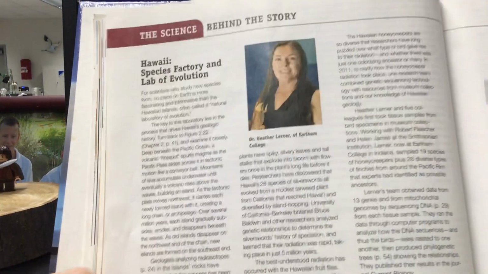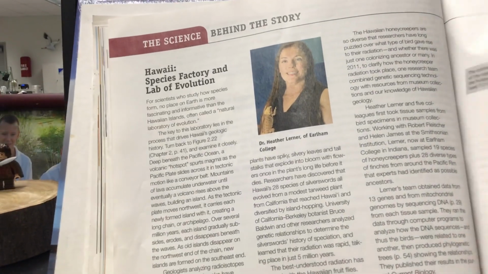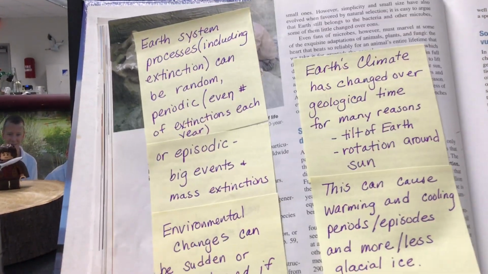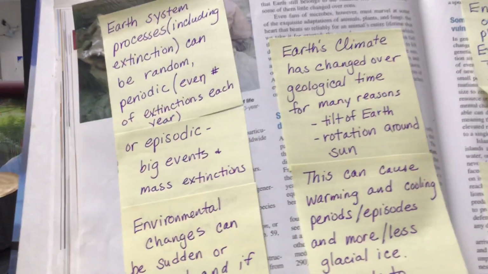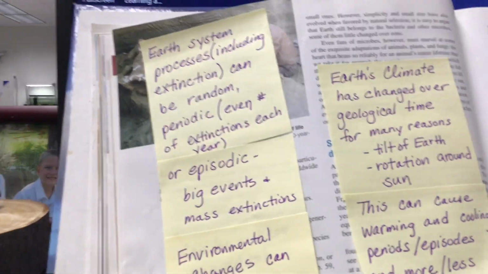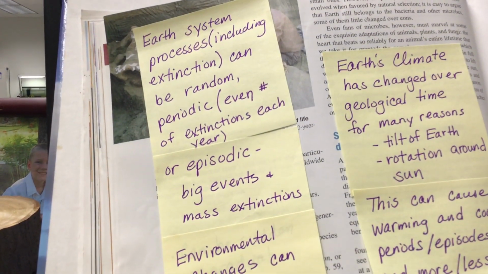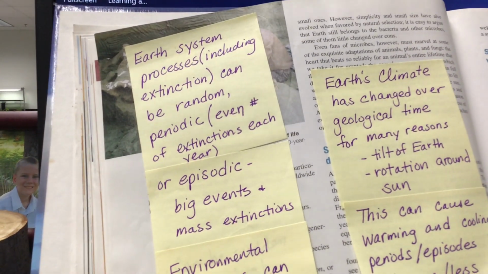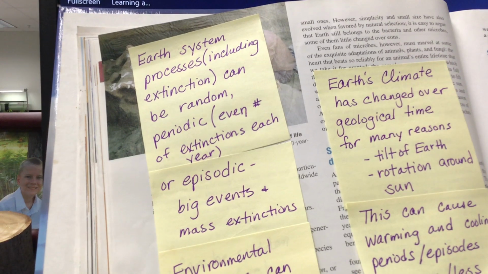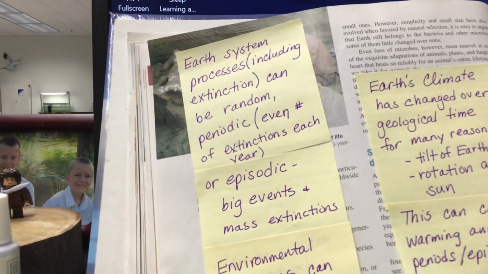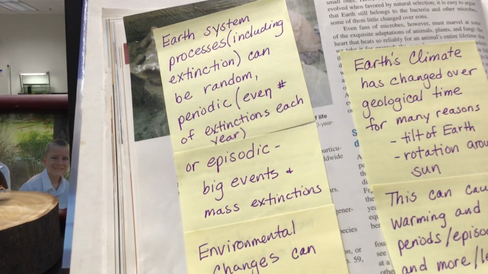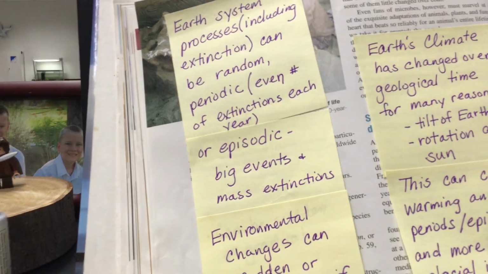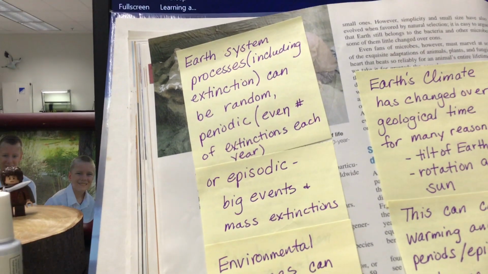Going on, turn a couple of pages over to page 58. Let's go down the first column first. So we have natural extinctions that have occurred for many, many, many years. Well, since the earth was formed, we've had extinctions. And so